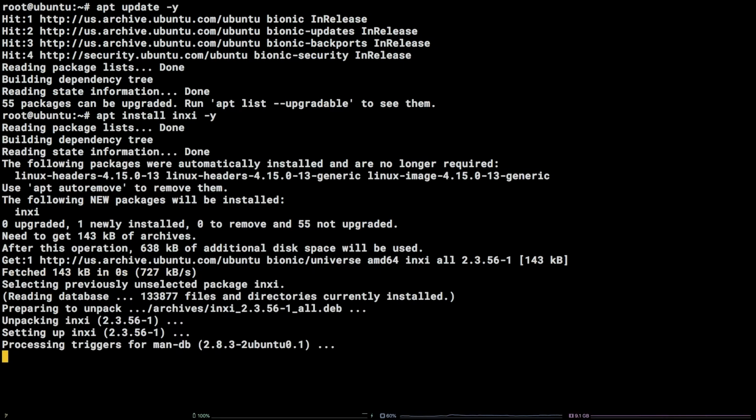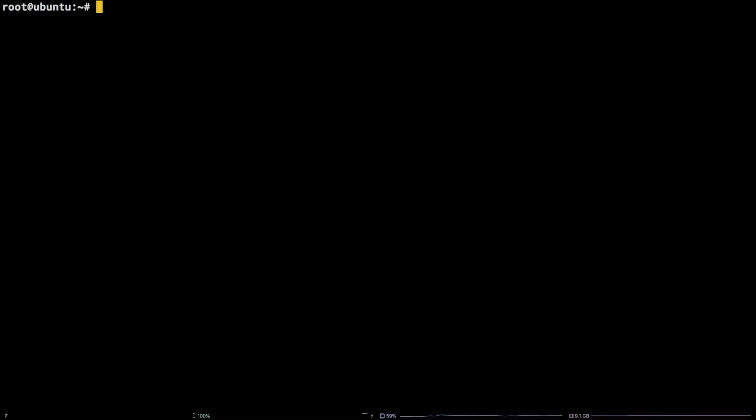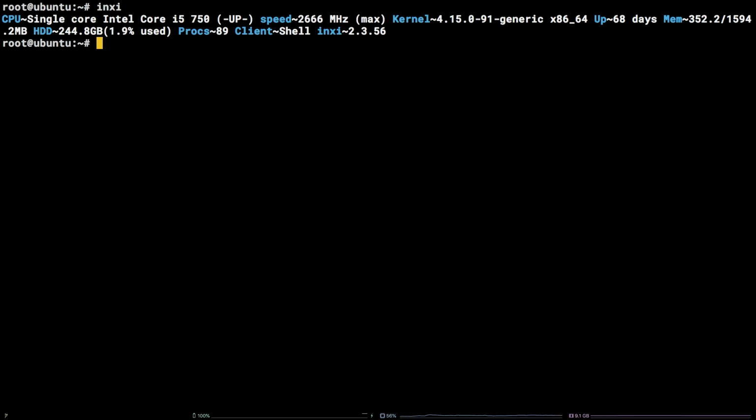Let's go ahead and run INXI without any flags to start. inxi. We can see a wealth of basic information including CPU and some other system info. To see detailed CPU info, run